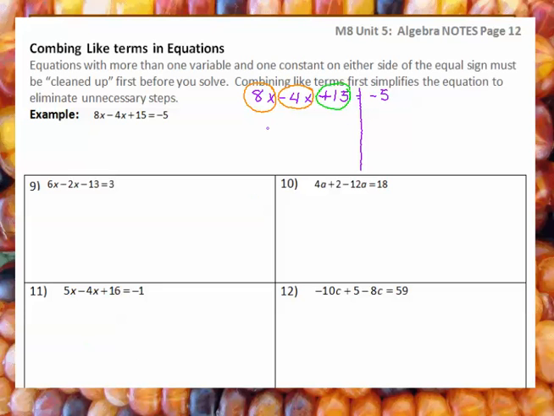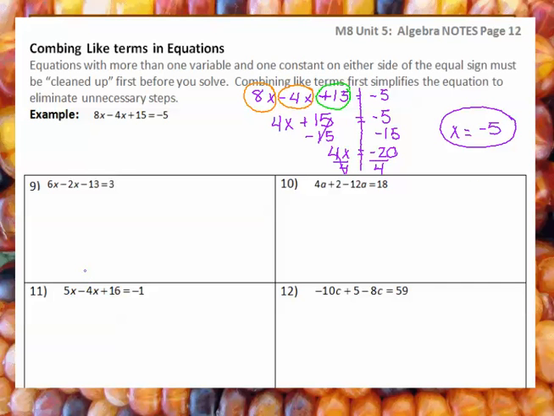So when I combine those, I get 4x plus 15 is equal to negative 5. So I don't have any more combining like terms, so now I can just solve like a regular equation. Subtract 15 from both sides. I'm left with 4x is equal to negative 20, and then I can divide by 4 on both sides to get it away from the letter, and I'm left with x is equal to negative 5. Alright,